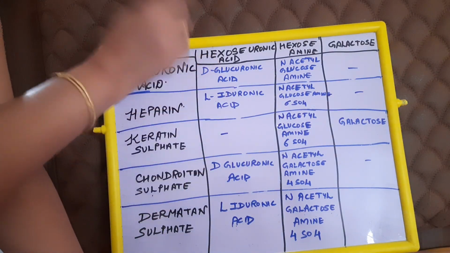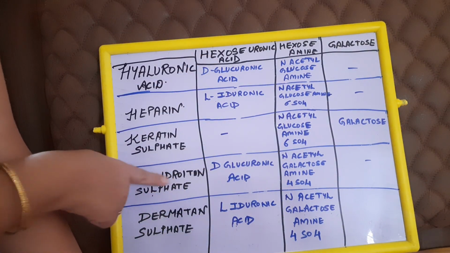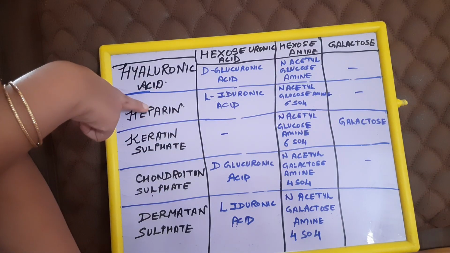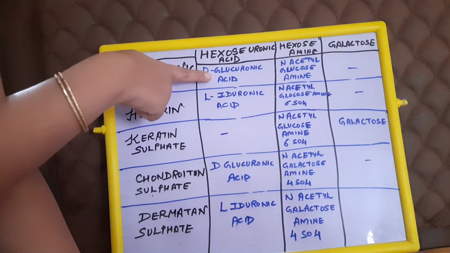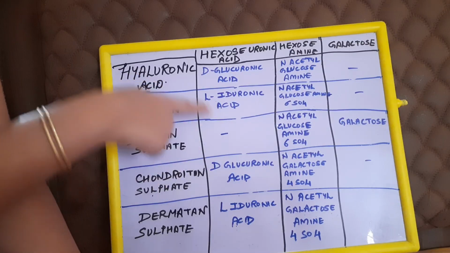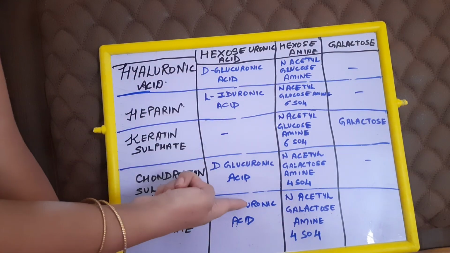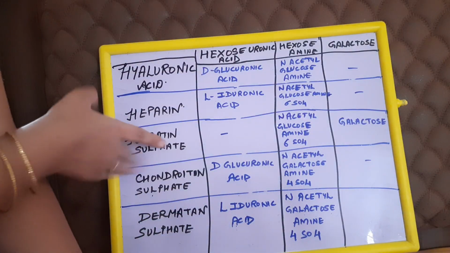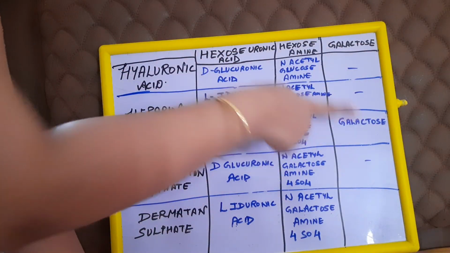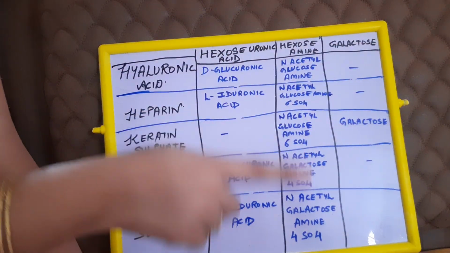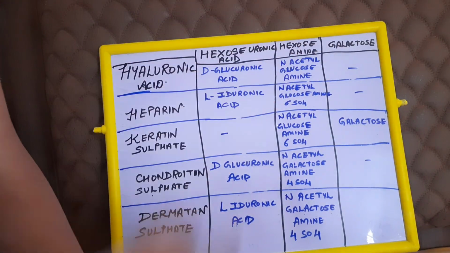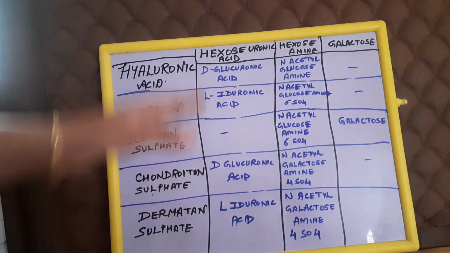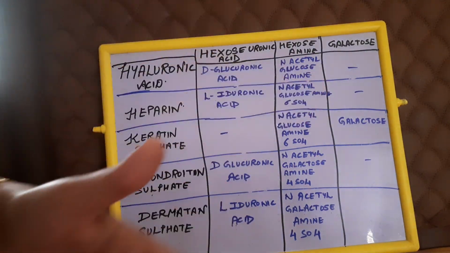When it comes to uronic acid as a monomer, chondroitin sulfate again has glucuronic acid, and dermatan sulfate can be copied from heparin, having iduronic acid: D-glucuronic acid and L-iduronic acid. The very same monomeric units are being copied. Only one exception, keratan sulfate, which contains galactose and no uronic acid in its structure. So by this table, it is very easy to memorize all the monomeric units of the GAGs, and by making this table in any examination, we can get full marks.